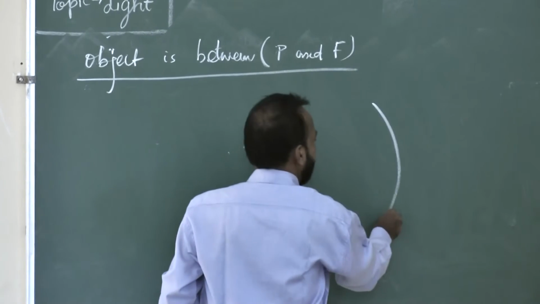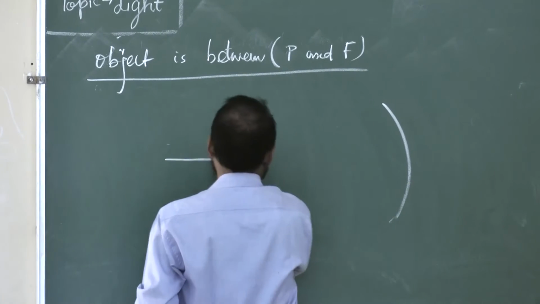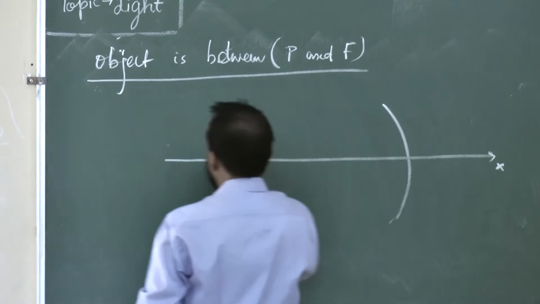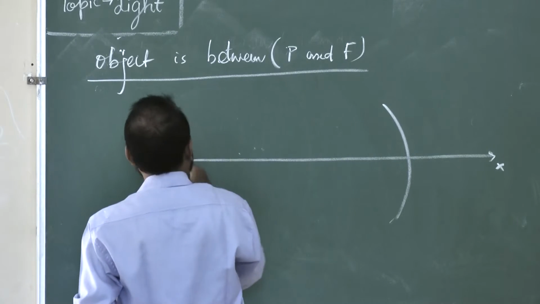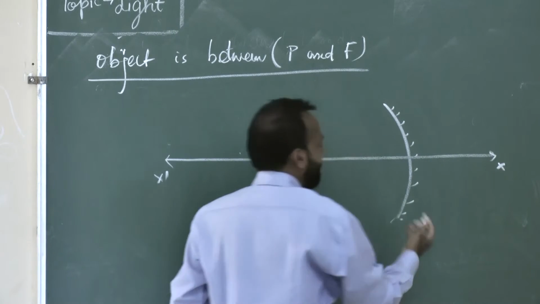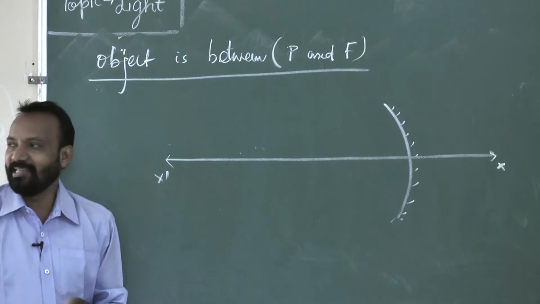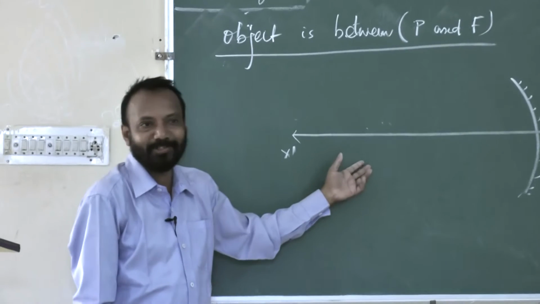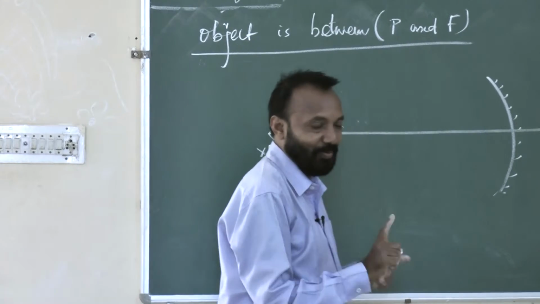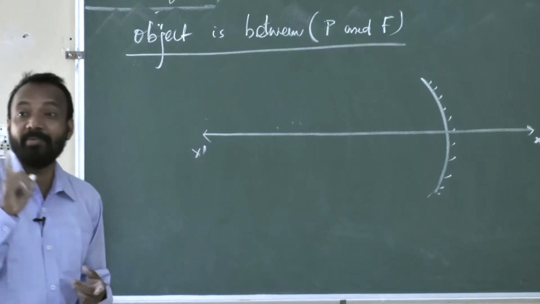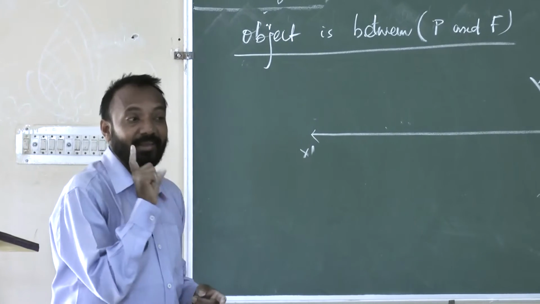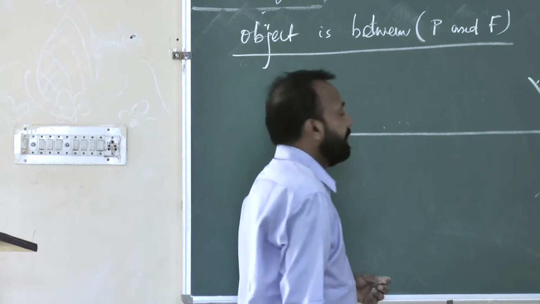This is the concave mirror. The principal axis, don't draw in your exam how I am drawing now, because I am drawing just like that. I am not measuring anything. If you follow my process, then you will get 0 in the exam. So in the exam you have to consider again and repeatedly, every time I am repeating this word: you should draw your diagram with scale and pencil with proper measurement.